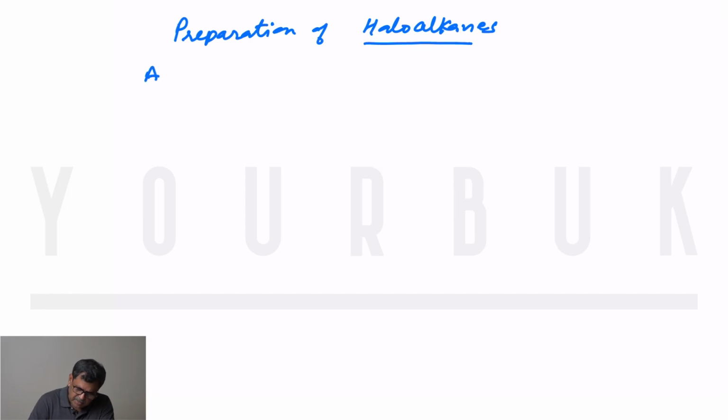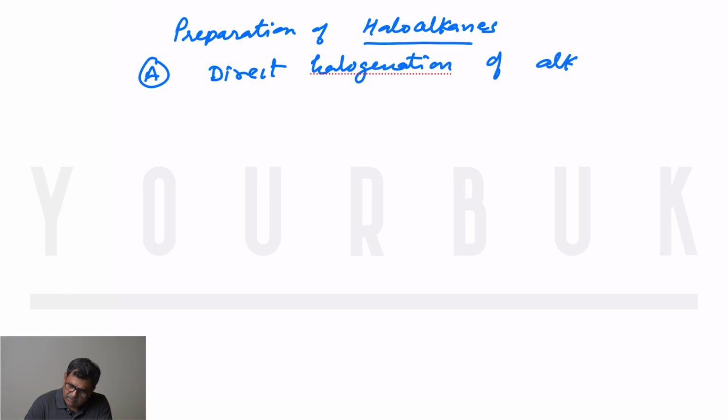And we have a number of methods to prepare haloalkanes. So we'll discuss the preparation of haloalkanes. Preparation of haloalkanes, and the first method A is direct halogenation of alkanes. Direct halogenation of alkanes means we have to replace the hydrogen of the alkanes by halogen. So this is called the substitution, but as you know, alkanes are saturated